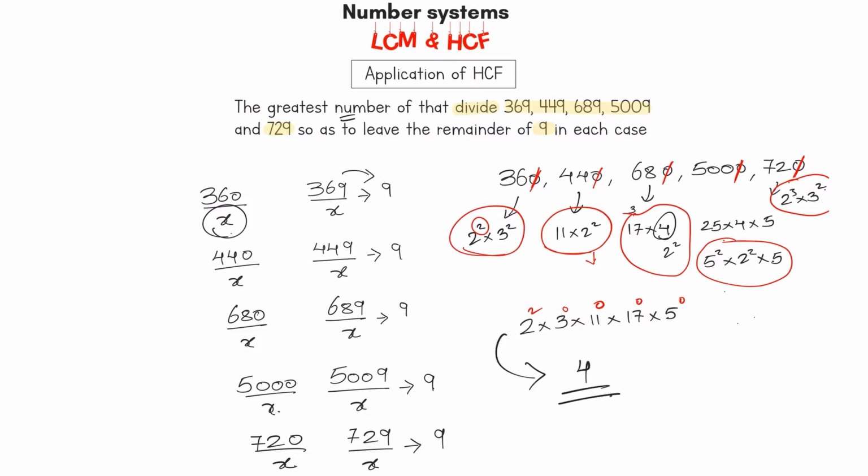Okay, so 4 is that number, but that will not be my answer because I cut a 0 here, so it will be 40. That will be my final answer. So 40 is one number that will divide all these numbers and give me my final answer. Just divide 369 by 40, you will get the remainder as 9, and so on. You could have got this 40 visually as well, but I just wanted to show you the method. That's why we went with this.